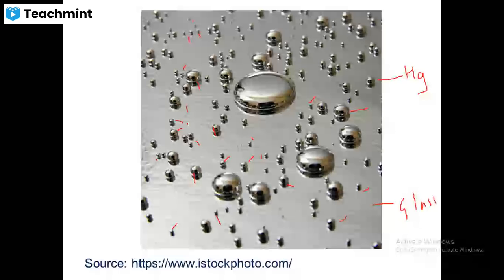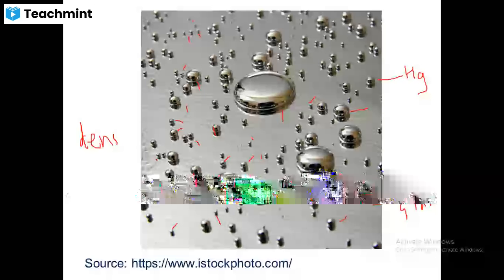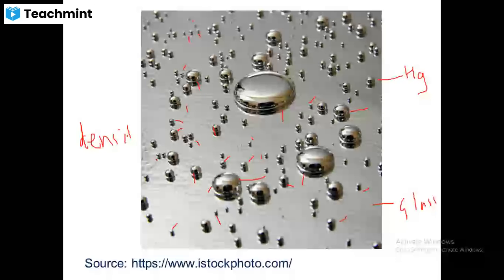Since mercury is a liquid, it has to have the shape of a sphere, trying to occupy the minimum surface area. But if you observe this drop, or this drop, or this drop, with respect to the smaller ones, they're a little bit flattened. What is the reason? The reason is, again, as I told you in the earlier case, mercury is highly dense. Its density is very, very large.